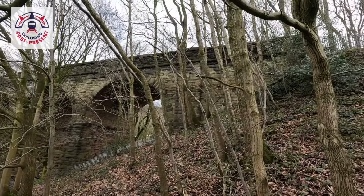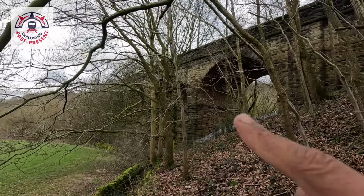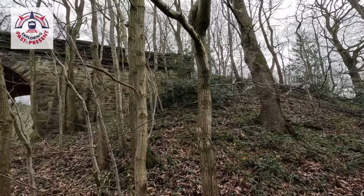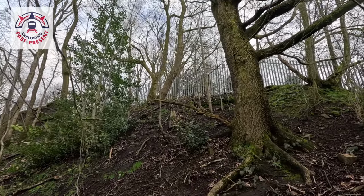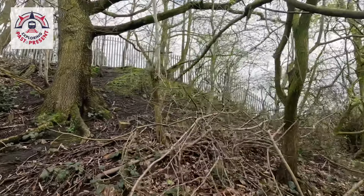So just headed off the viaduct and just a little look from the bottom. That's going back towards West Vale. We're going to continue towards Stainland. See a pile of railway sleepers just there. So wooden sleepers. Our track bed then looks like it would have headed off this embankment